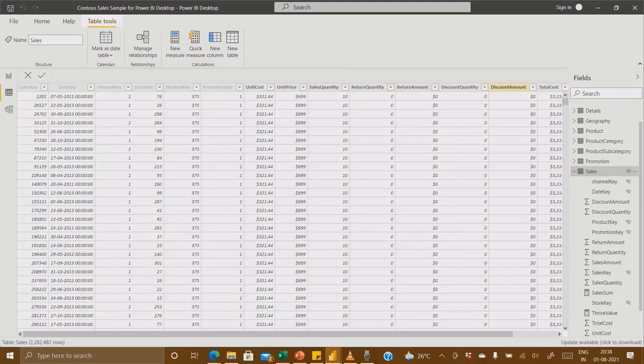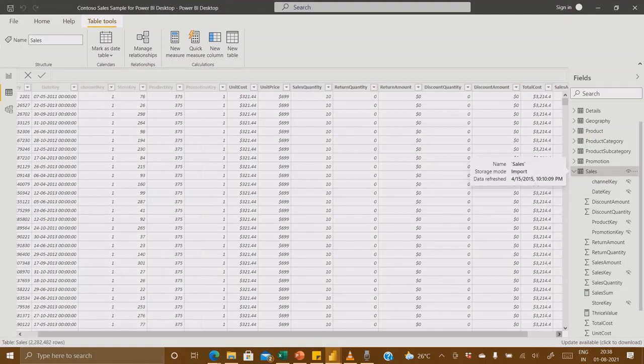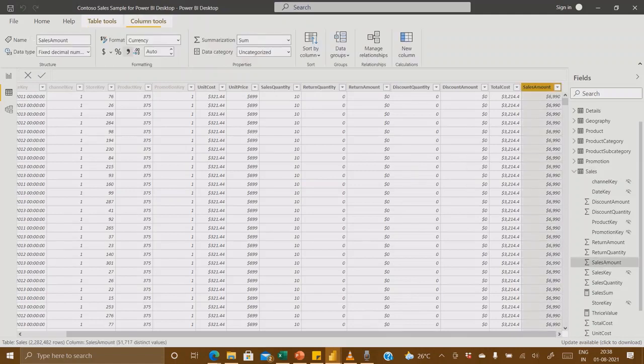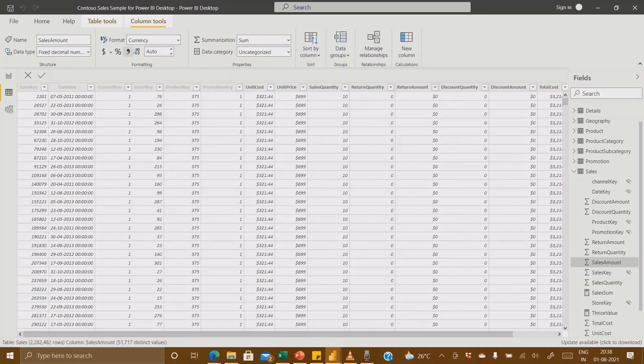Now we have the sales amount as a separate column, and it is at a row level.